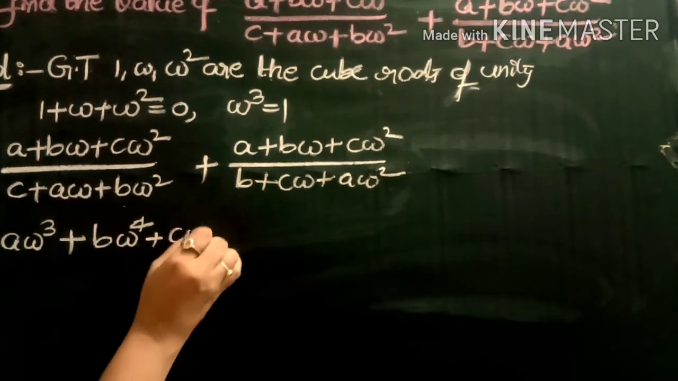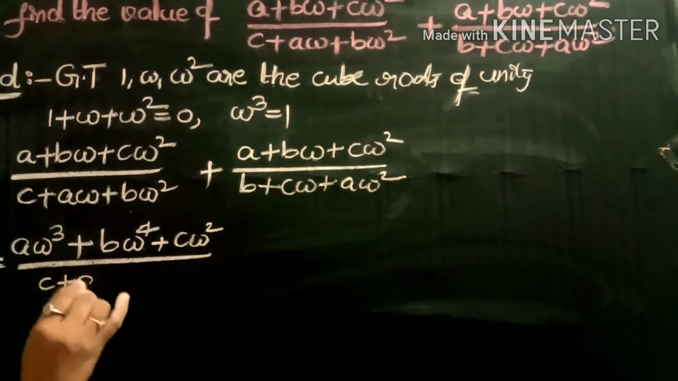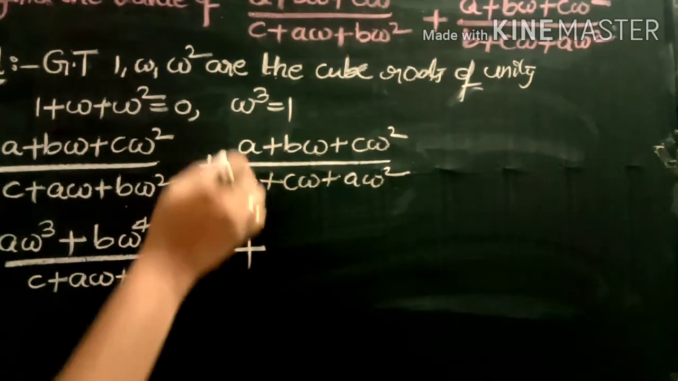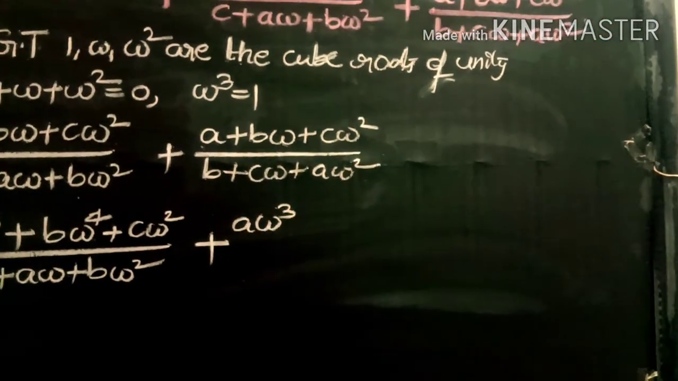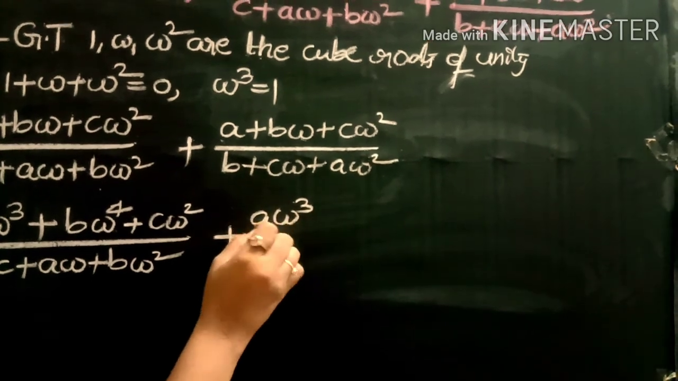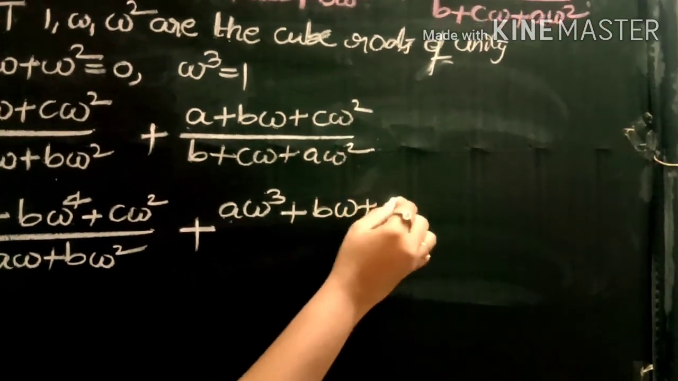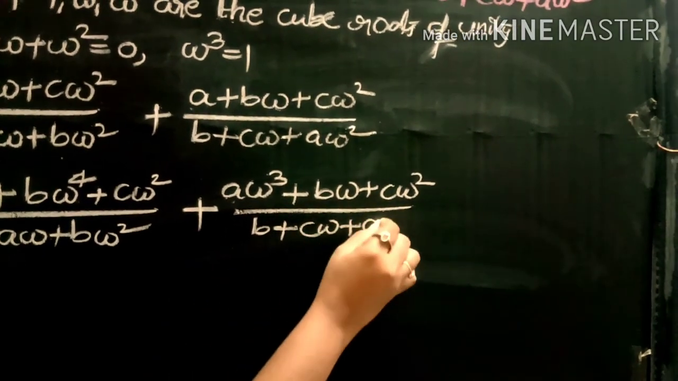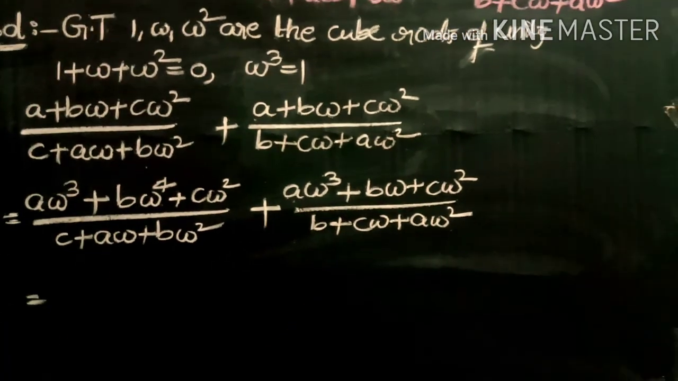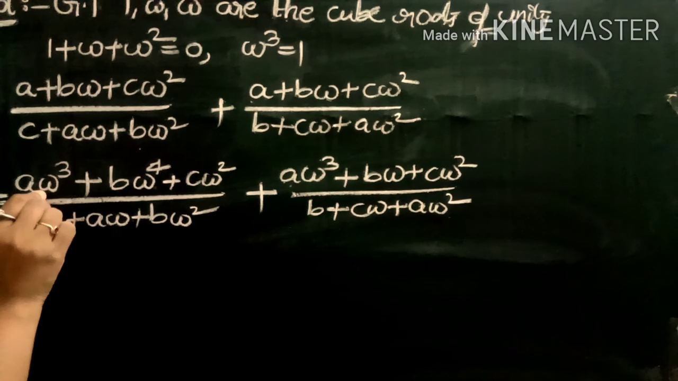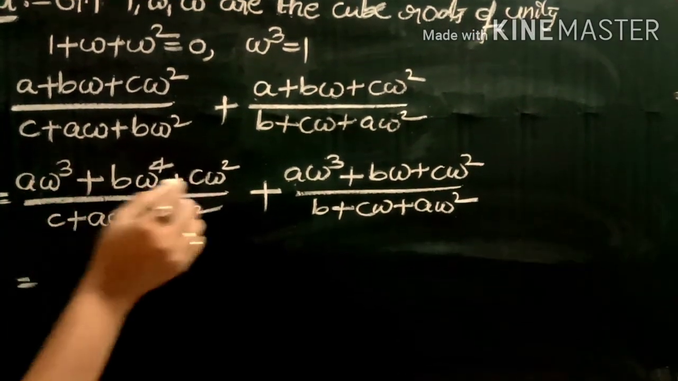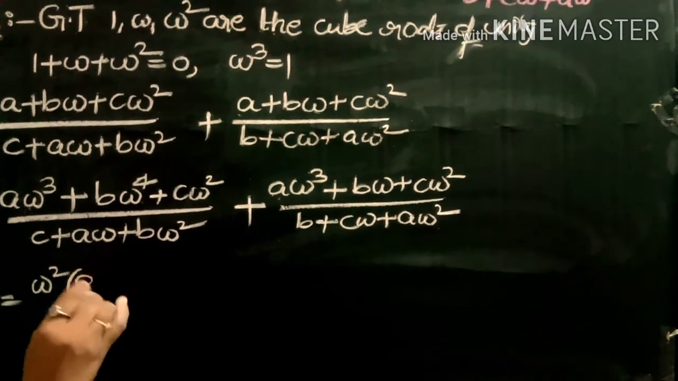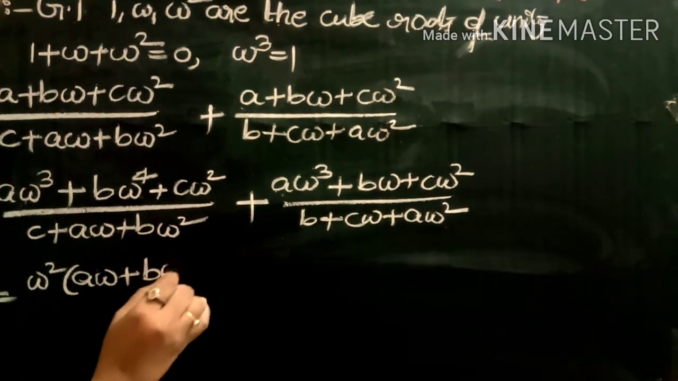So plus c omega square by c plus a omega plus b omega square plus, here also in place of a, we take the value a omega cube. Since omega cube is equals to 1, 1 into a is equals to a, plus b omega plus c omega square whole by b plus c omega plus a omega square. Now this is equals to, now taking the common terms from the numerator value. Here omega square, omega power 4, omega cube. That is omega square is common in all of the terms of the numerator. That is omega square into the first remaining value is a omega